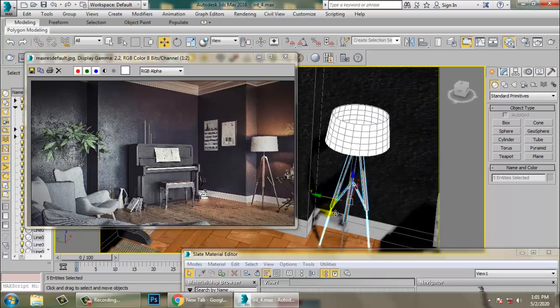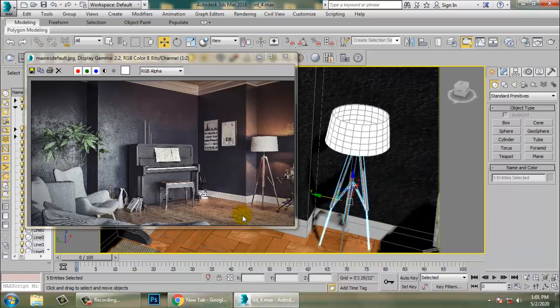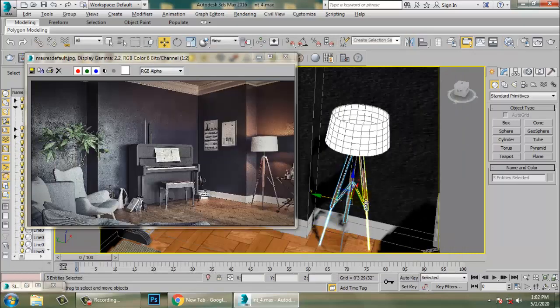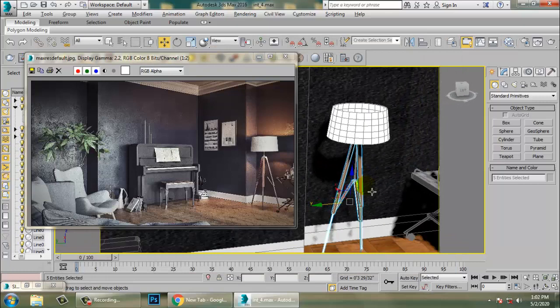So let's go into material and lamp stand. I'll just rename it as lamp stand wooden over here and just assign the texture over here.